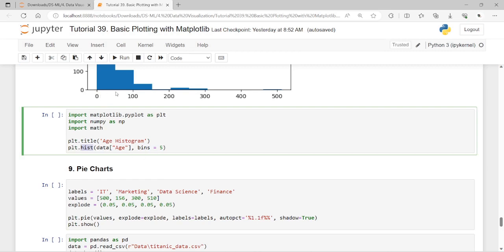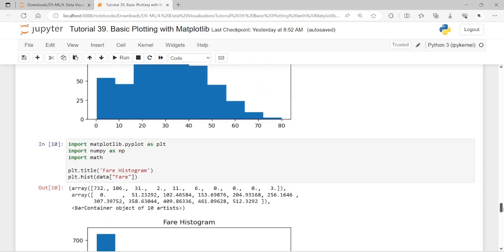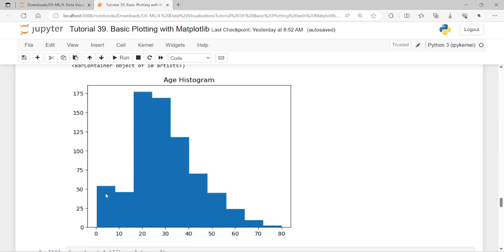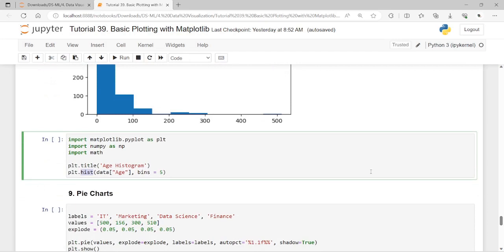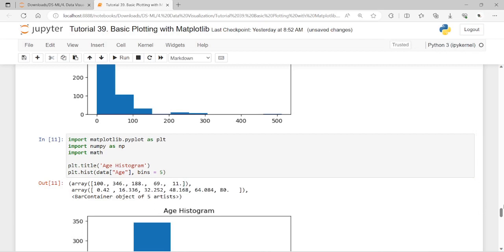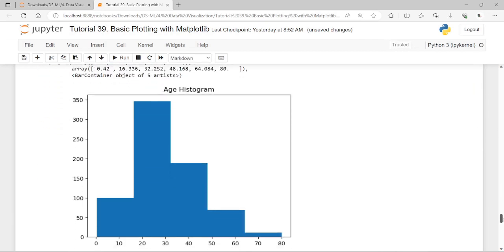Kindly observe above, we had 10 groups, 10 age groups. Now when we make it 5, I just scroll down here. So this is our 5 groups. Let me see how the 5 groups have been plotted. Yeah, see here, dear friends. It is evident that age has now been distributed in 5 bins, and the maximum number of passengers,